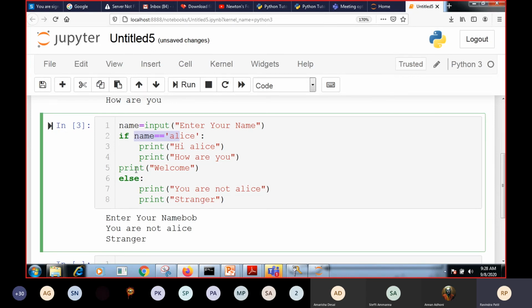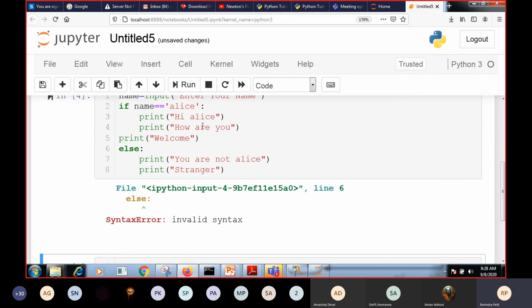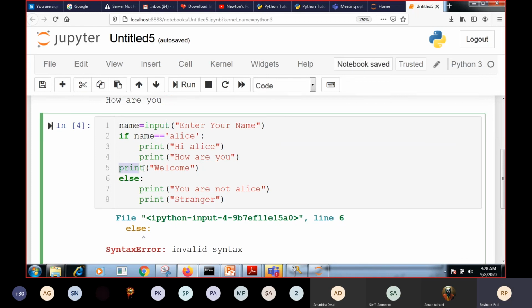Actually, what we have given here is a print statement. In between, when we introduced this print statement, the else statement is nowhere linked with the if. That link is demolished by introducing this print statement. Because of that, it is saying it is invalid syntax. So in order to avoid this error, we have to give the same indentation. When we give the same indentation, you will get green color.